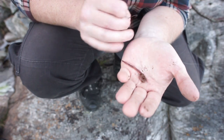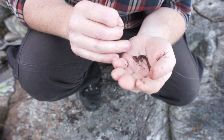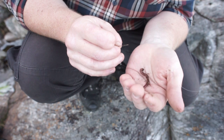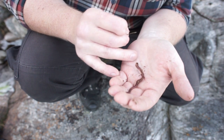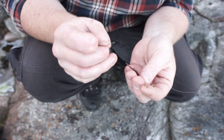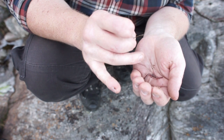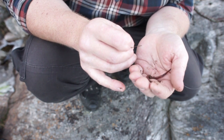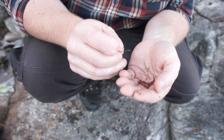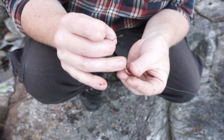So the next step is to put on the bait. This is one of the earthworms. You can find them pretty much everywhere. It can be a little hard to find a lot of them, but I think the best place to actually find them is if you have kind of this compost. It's this dump for organic waste at home, where you put the grass after you cut the grass or other kind of debris,